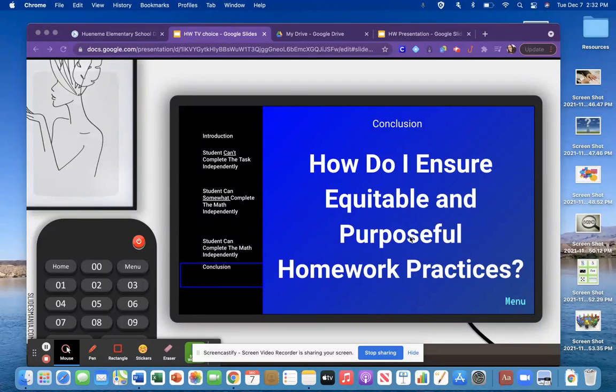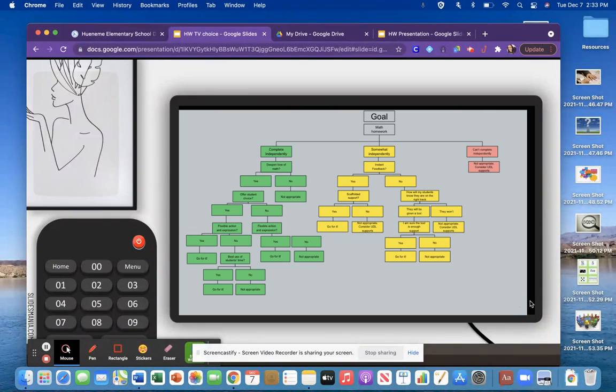Now that we've discussed each of those three scenarios, I want to bring our attention back to the flow chart we looked at the beginning of the presentation. Now, I know that this flow chart is very overwhelming, so if we consider it color by color and really break it down, hopefully it will make a little bit more sense and we can talk about that application piece, right? So now we're going to talk about, okay, well,